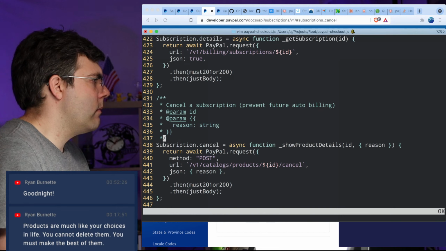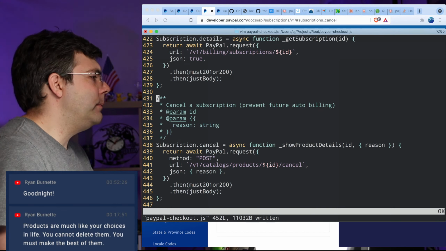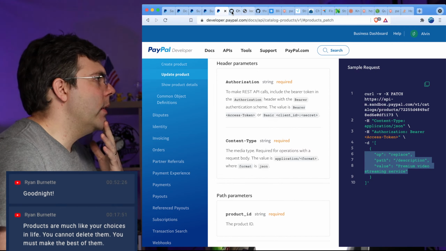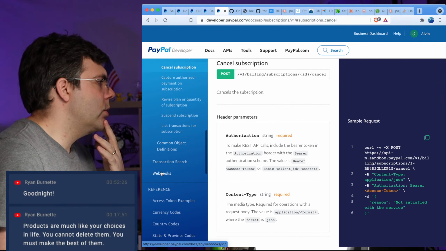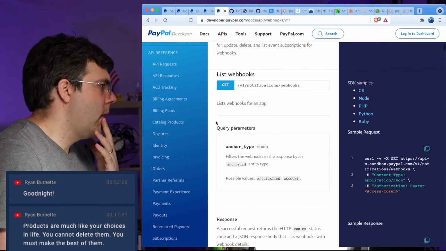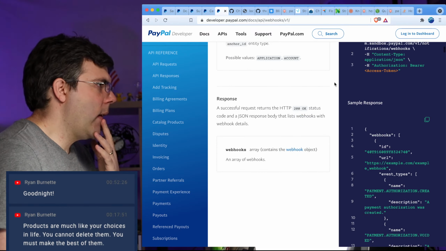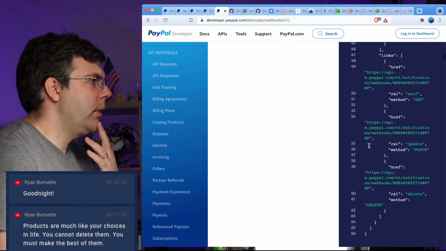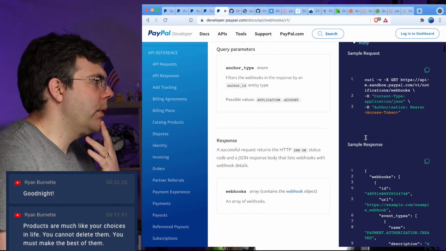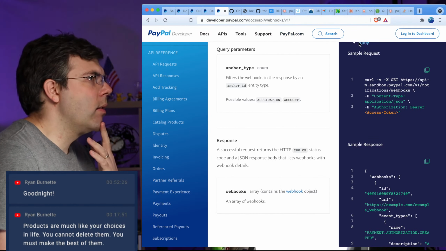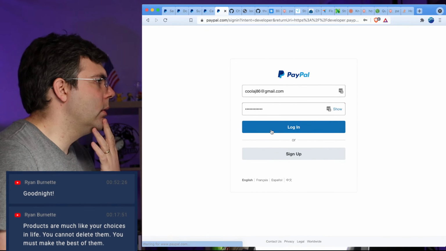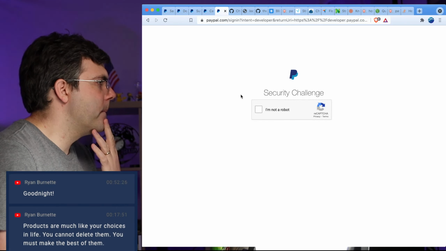So I'm guessing the webhook that I'm going to be most interested in, if I could go back and look at the webhooks for this again, which I should. Okay, so webhooks. Oh, there can be multiple in a single. Oh no, this is a different thing. So I got to sign back into the dashboard to view the webhooks. Let's go back in there.